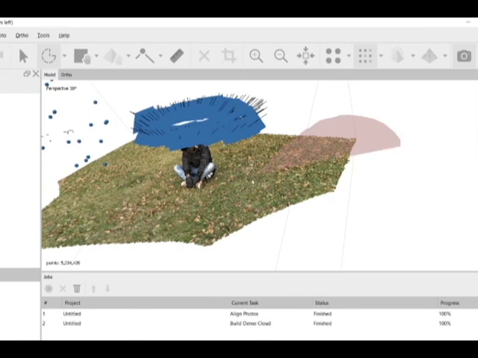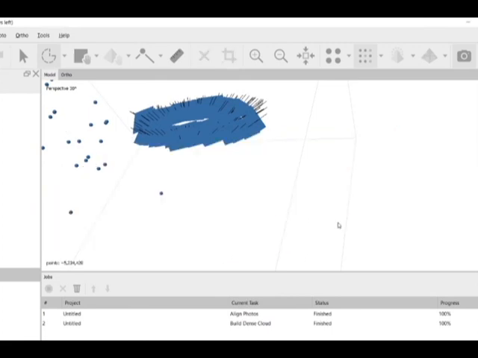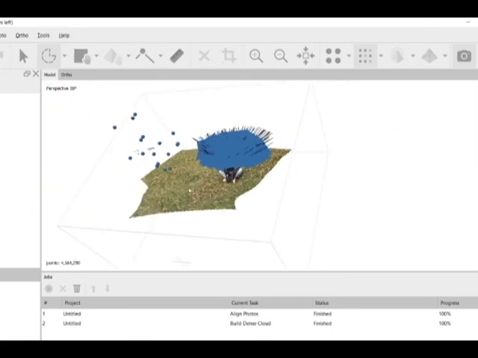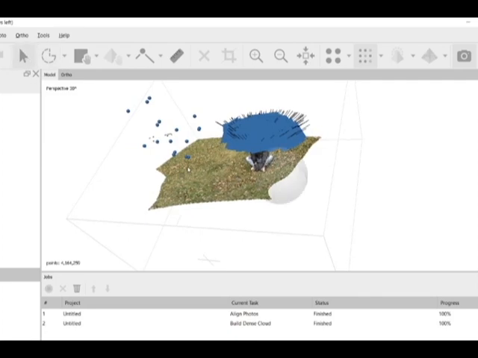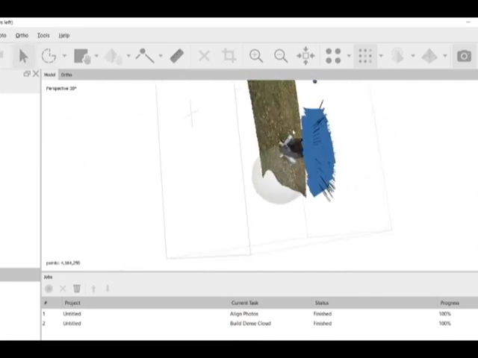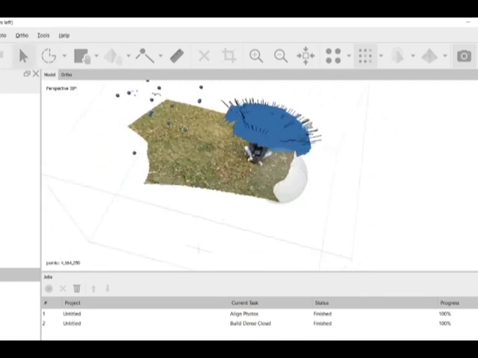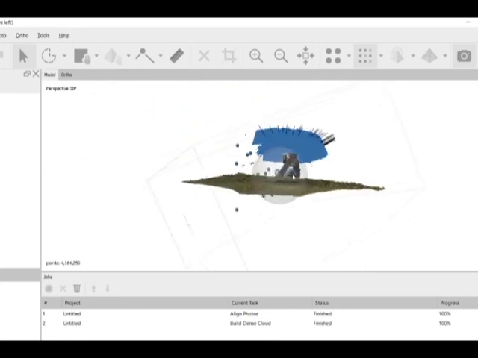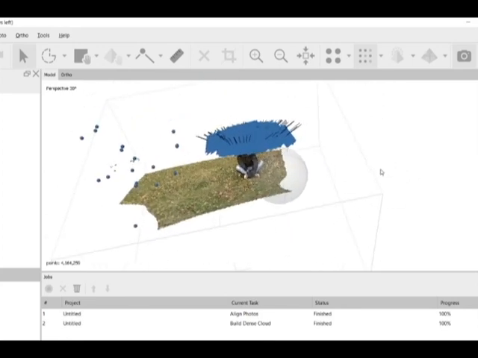You have a 30-day free trial, and it allows you to process in the cloud. Your computer will not suffer that much. If you compare to processing offline, you have to have a very robust computer, at least something like RAM with 16 gigs.